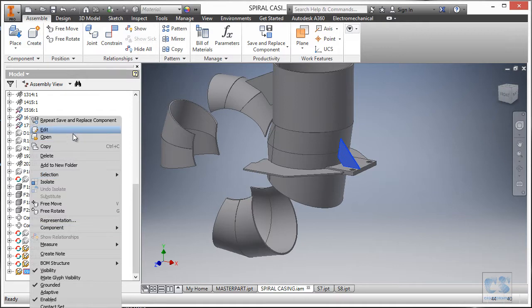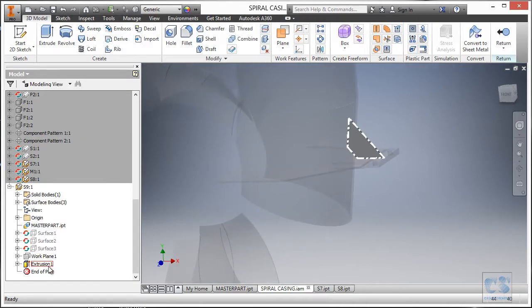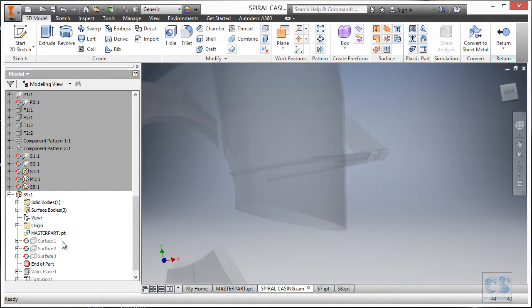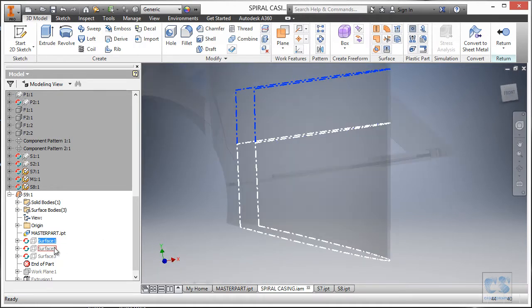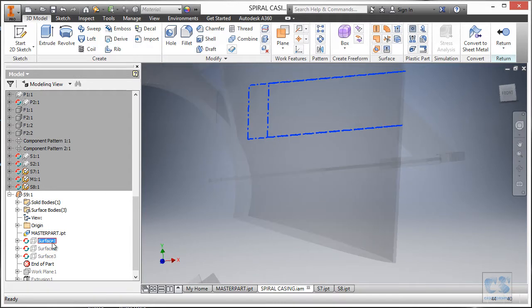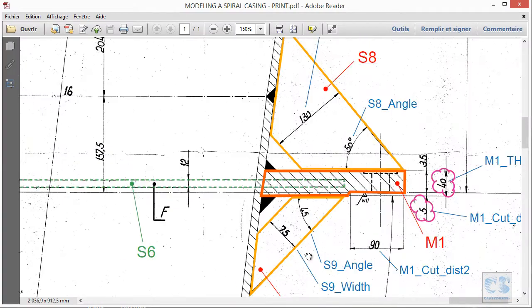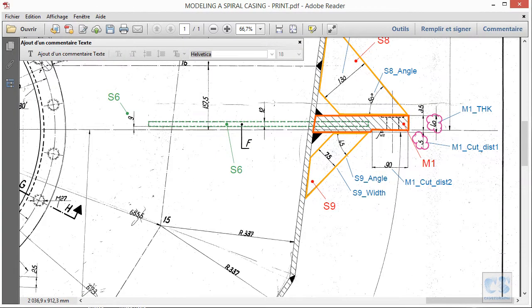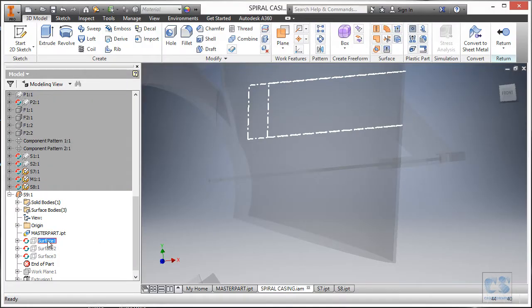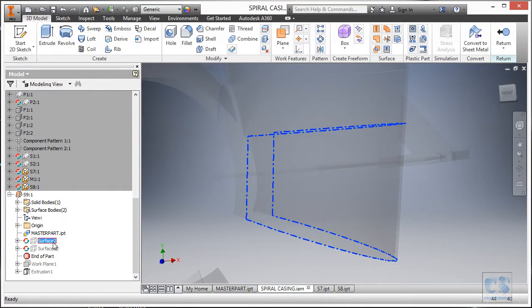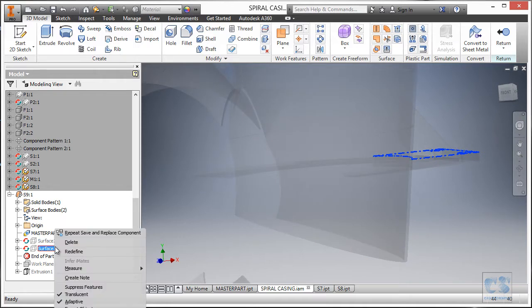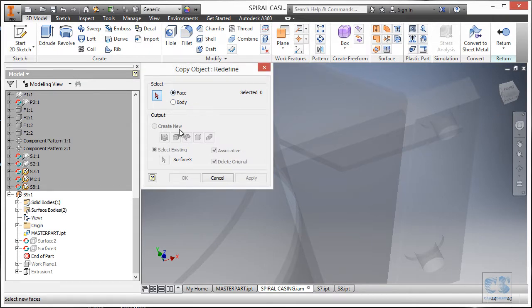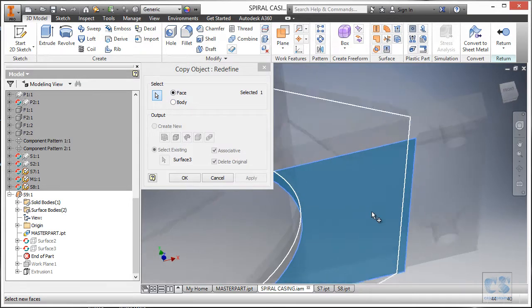So now we will edit this, and first we will move this end of part marker and redefine the surface we need. So we have this one and also this one. So this one will not be useful since this second one is only in contact with this sheet metal components 15 to 16. So we are going to delete this, and we will keep this. We will redefine this one to select the bottom of the mounting plate like so, and okay.